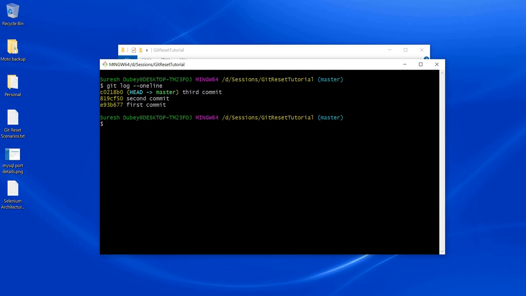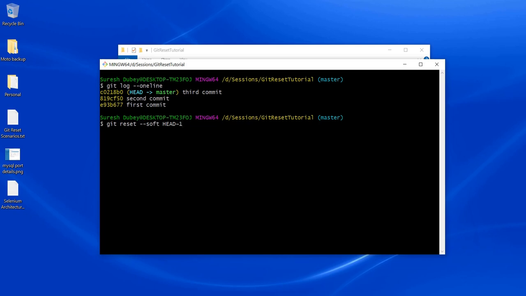Now let's understand soft reset. So git reset --soft HEAD~1. Here again I am asking git to reset the head to the previous commit, and it is a soft reset.